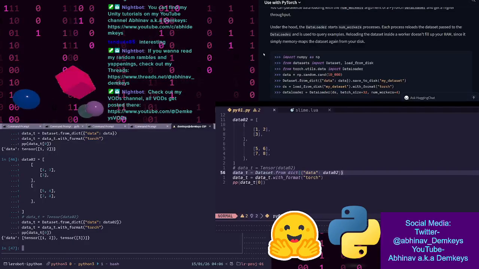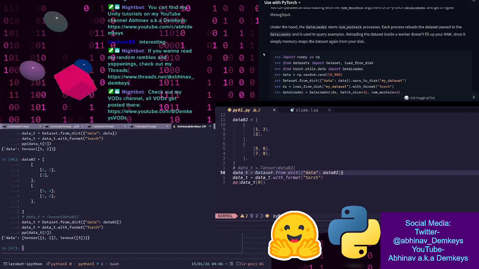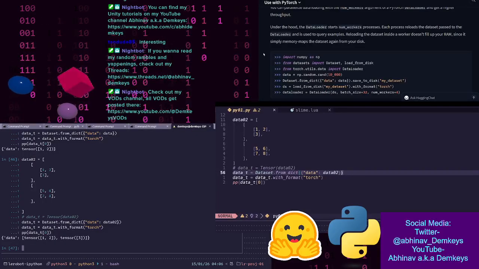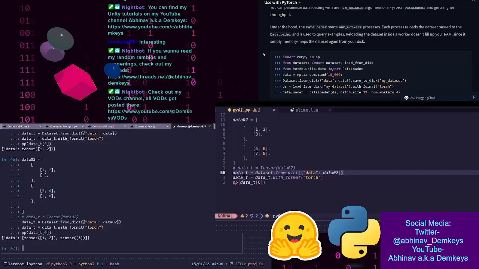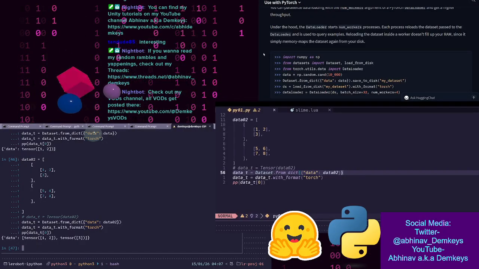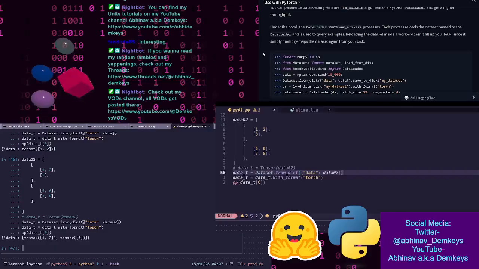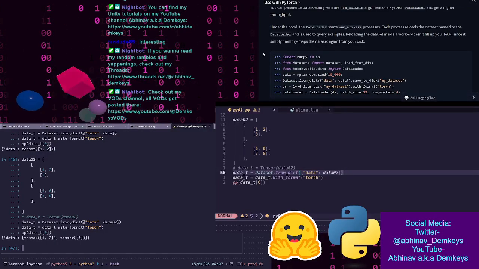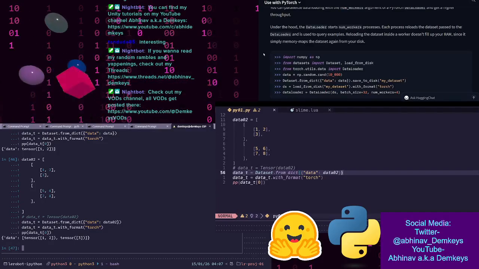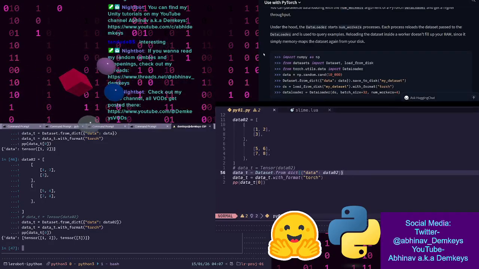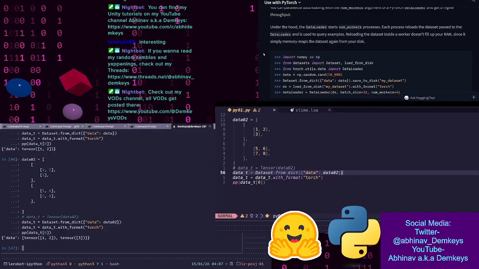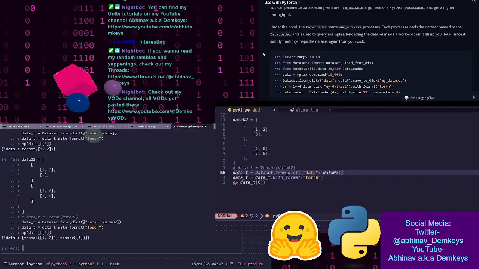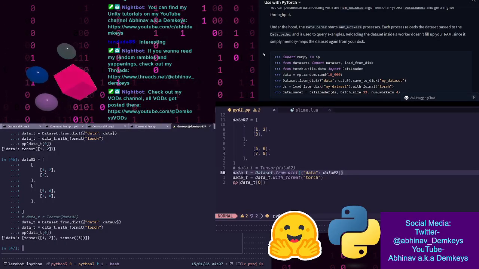Under the hood, the data loader starts num workers processes. Each process reloads the dataset passed to the data loader and is used to query examples. Hold on. Reloading the dataset inside a worker doesn't fill up your RAM, since it's simply okay. That's what I was about to ask. Is that not going to be slow and memory consuming? But no. Since it's simply,